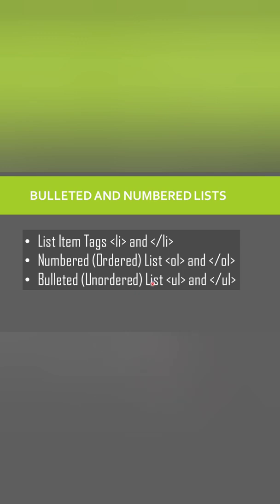In the case of a bulleted list, there will not be any numerical or alphabetical representation, only bullets. So these are the bullets like this. Here circle shaped. In so many patterns, the bullets are available. So if you do not want to list your items in an ordered manner, then you can use this bulleted or unordered list. For that you can use this UL pair of tags, unordered list.